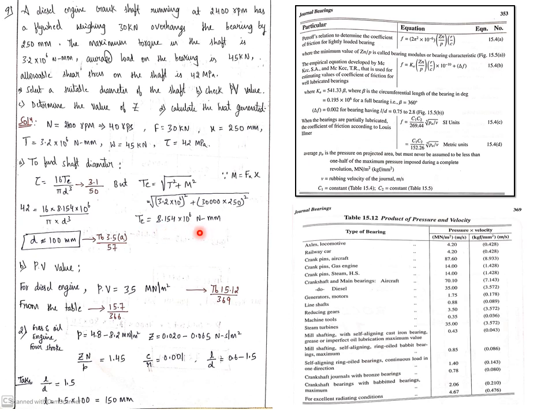Okay. Now, the very first thing is to find the shaft diameter. We know shear stress is 16 Te divided by pi d cube. This is the equation which you will get from page number 50, equation 3.1. So what is Te? Equivalent torque. That is the square root of T square plus M square. What is M? That is F into x, force acting at a perpendicular distance.